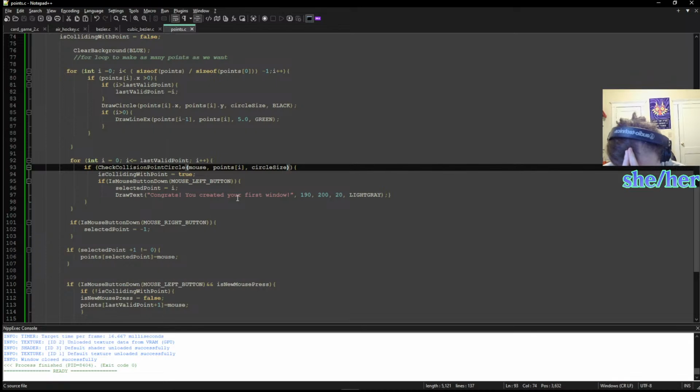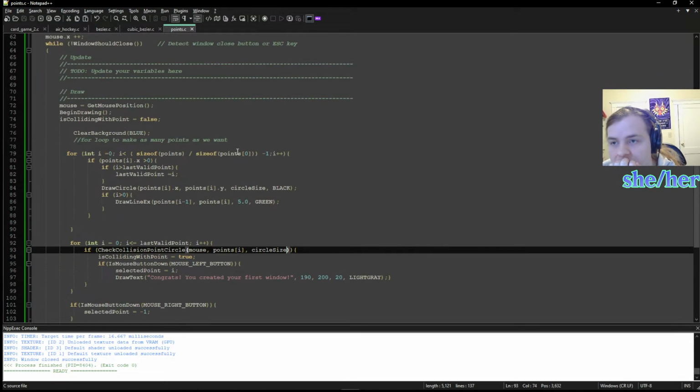So if I press, okay, so it's colliding with point equals false. Okay, so the issue is I don't want to just lie. Like I am colliding with a point, so I'm probably gonna want to use that more later. So I am colliding with a point, but I don't want to, if I just placed a point down,